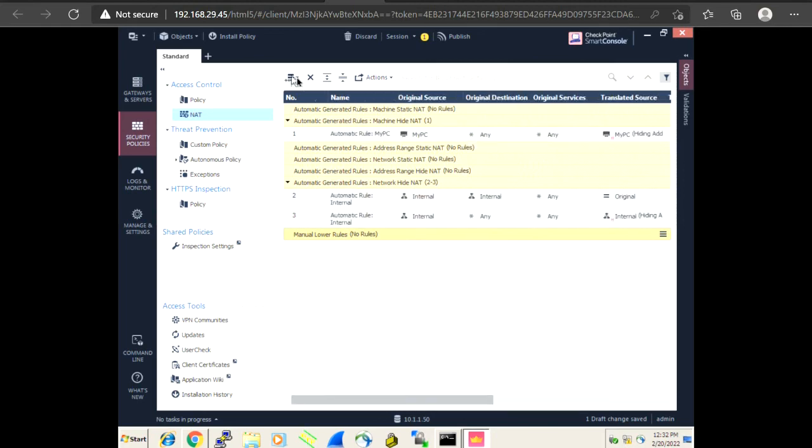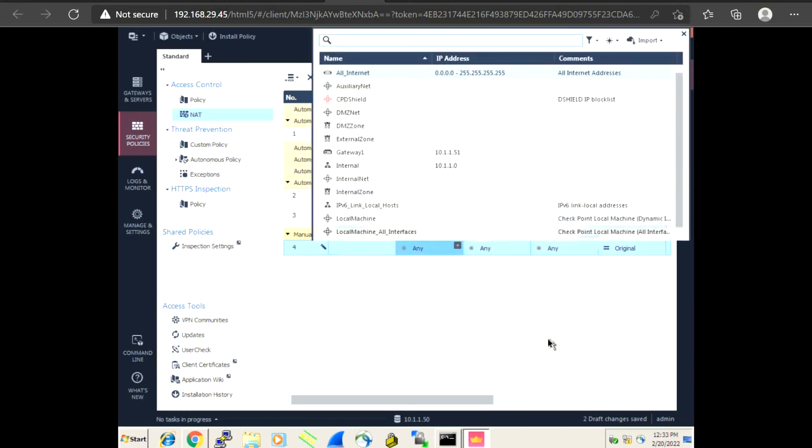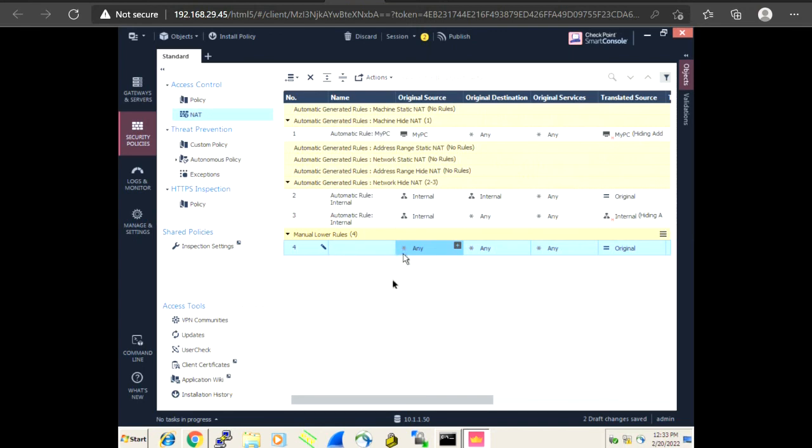While if you go for the manual rules, how will you add? You will just add a rule top or below. So let me just add a rule below that. Okay, so now you have to give the name of that rule. That I'm not going to add right now. I will show you in the next class with the theory and the port forwarding. You can just create an object and attach it here, right? So that's what our manual rule is. We are not going to do that manual rule right now. I think the automatic rule is sufficient, because I don't want to make this video too long,